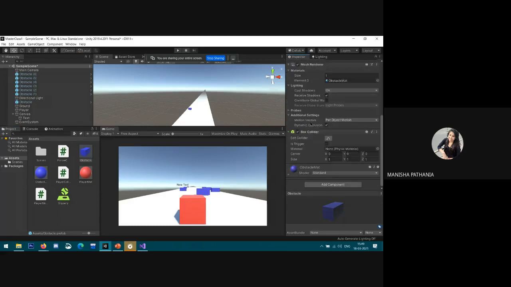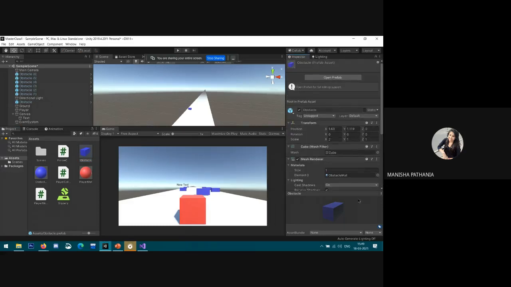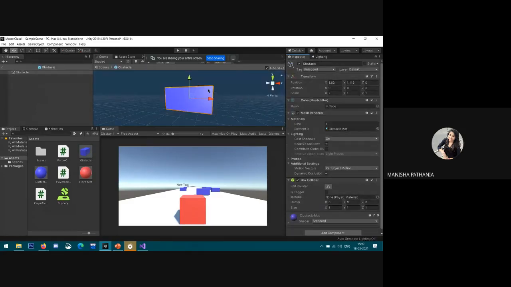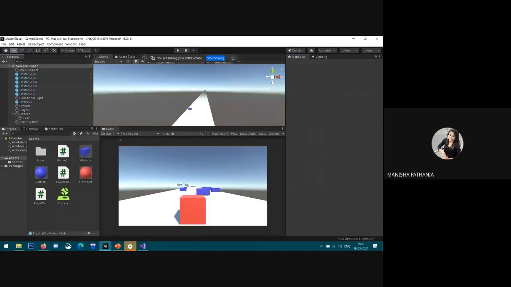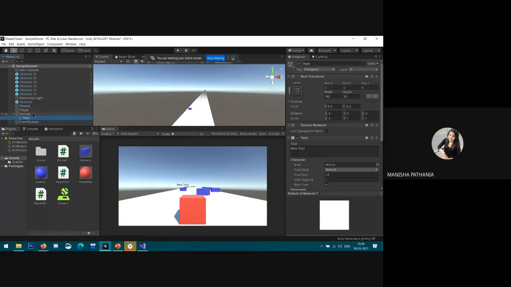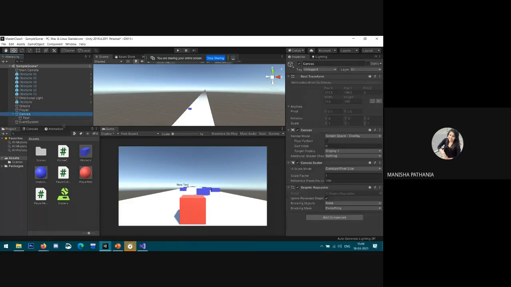Go to the inspector window. Okay, so see, here the canvas is created. So what is canvas? Canvas here is a place to display all our different UI elements and the text objects.